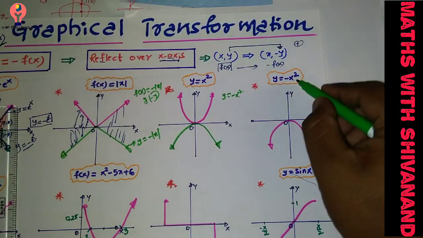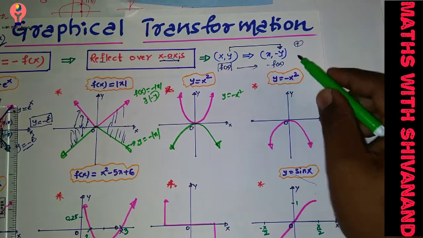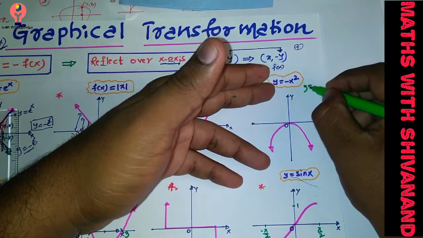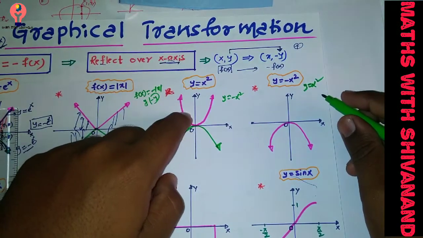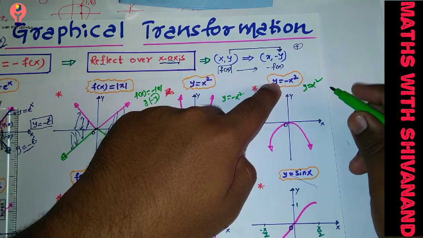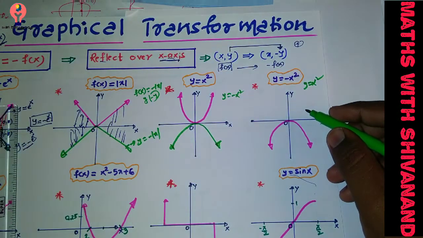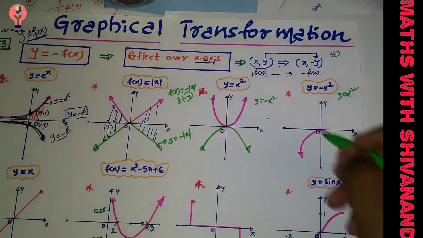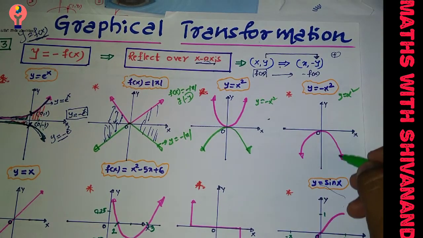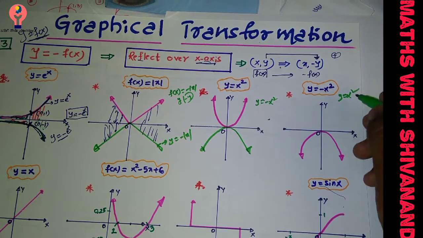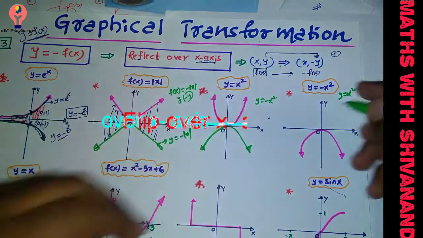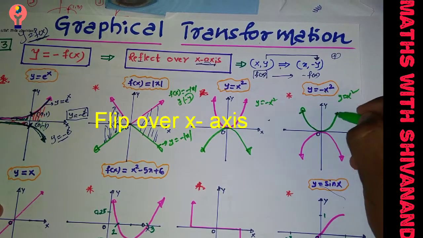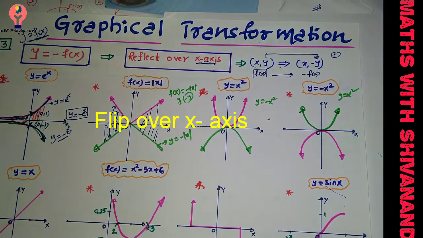Now the initial curve is y is equal to minus x square, whatever I have drawn here. Now I need to reflect once again, and it's a curve of y is equal to x square. Initially he has given y is equal to minus x square. Now reflect this graph. The complete reflection. So he has given y is equal to minus x square as the initial curve. After reflecting, it becomes y is equal to x square, the same curve only. So reflect back over the x-axis. So is it like this? Definitely. Hope you're getting this point.